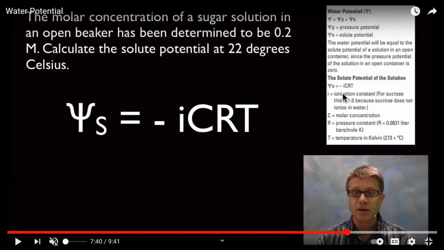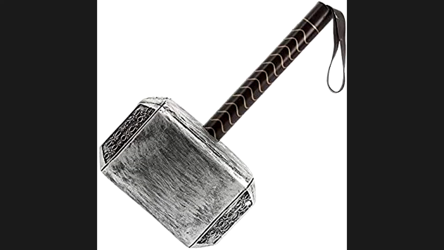You're almost there. Now, here's another reason why I think chem should be a prereq. You have to consider sig figs. How many sig figs are in 0.2? 1. How many sig figs are in 22? 2. So your answer must have as many sig figs as the number in the problem with the fewest. Your answer should be -5 bars. We'll stop there. If you did not receive a